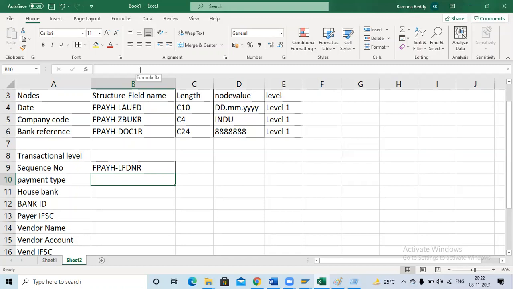The sequence number I'm giving is a number. I'm selecting LFDNR. LFDNR is a number. I will show you what is FPAYH, and what is this LPAYS and LUFD. I will show you. Okay.